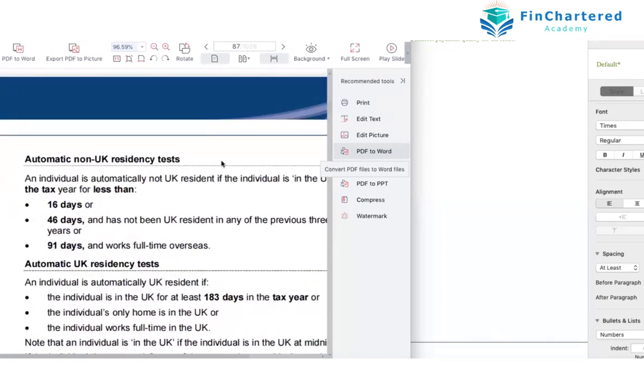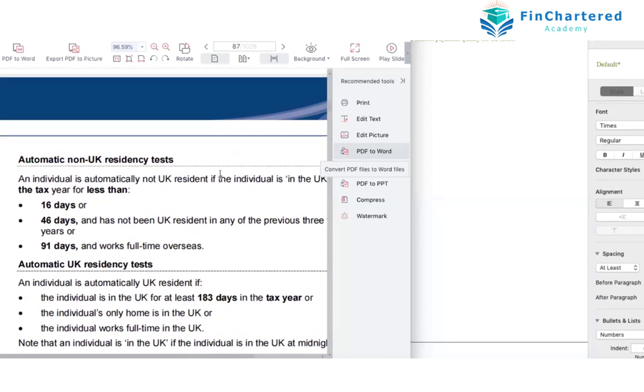If I was in the UK for less than 16 days, I'm not a UK resident. If I have been in the UK for less than 46 days and I have not had residency in the past 3 years, automatically not resident. If you have a full-time job elsewhere and you're in the UK for less than 91 days, you are also automatically not resident. So say for example, a lady working in Dubai goes and visits her daughter in London